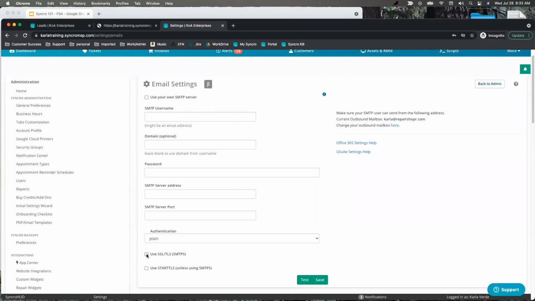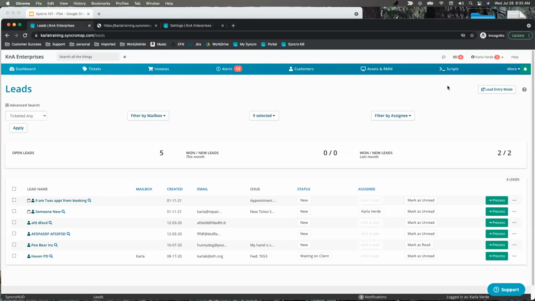Maybe try toggling these off and on if you're getting communication failures, things like that. But you absolutely set up SMTP as your outbound. The only real downside to using your own SMTP is I'm going to hop over here for a second,